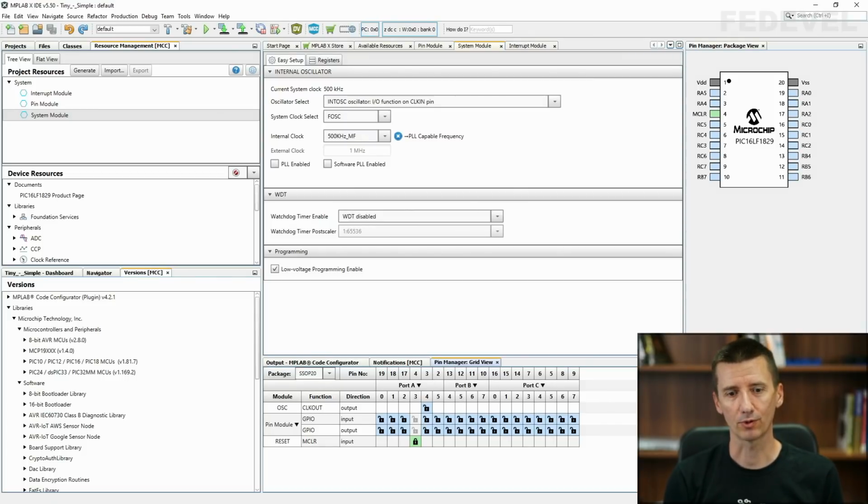Why would we like to use this MCC configurator, do you know? You don't have to use it. What you can do instead is open the datasheet, and based on the peripherals you would like to use, you find the specific registers you need to set, then you read what is the function of every single bit in these registers, and you set them correctly.